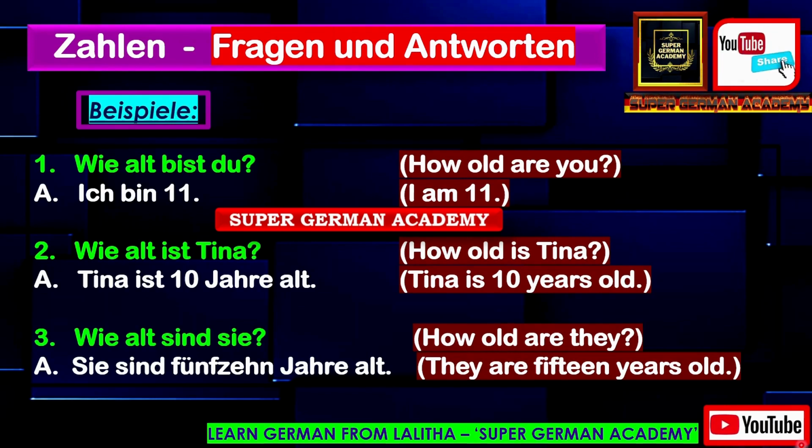And a simple recap of what you learned in this lesson: you learned about the special symbols, then the salutations, then two different verbs, sein and heißen, and how to make sentences using these two verbs, then numbers. From these numbers you learned how to ask the age of the other person and how to say the age. All these questions you learned in this. So this is about the part 1 video.